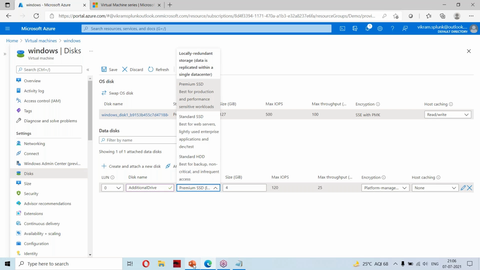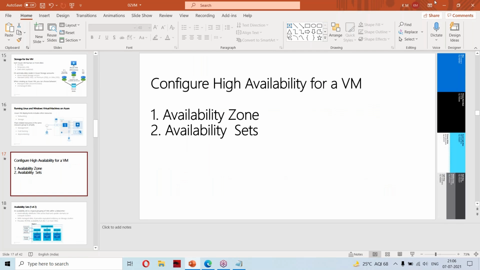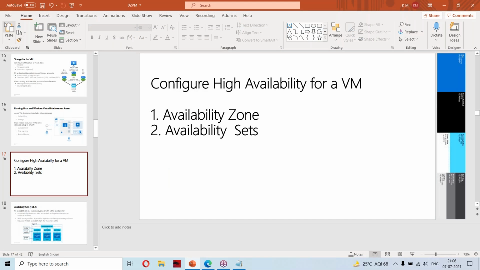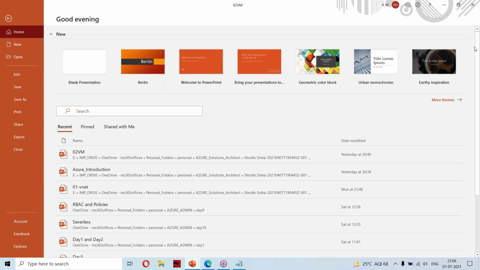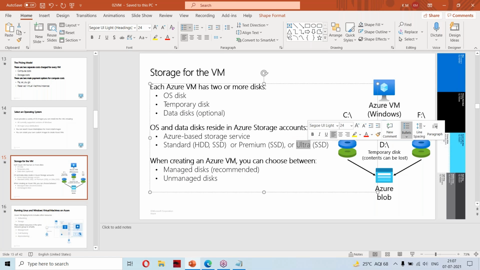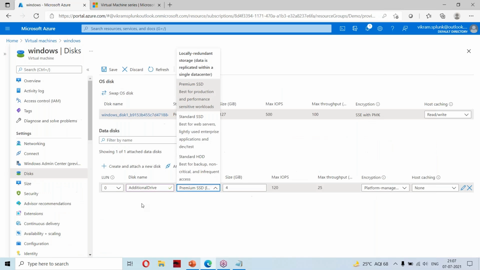In my slide I showed standard, premium, and ultra SSDs, and the same you will find over here.